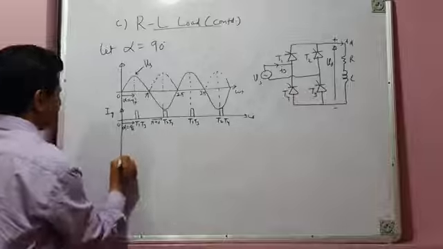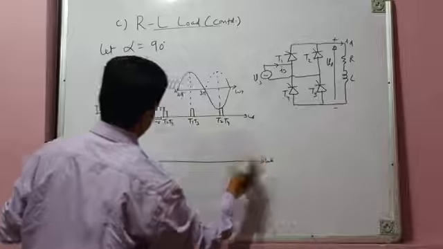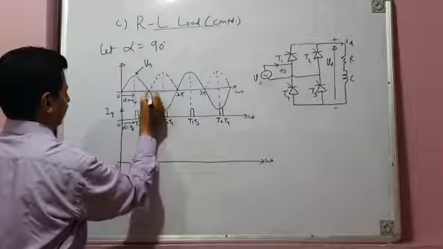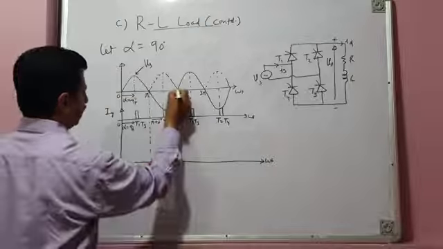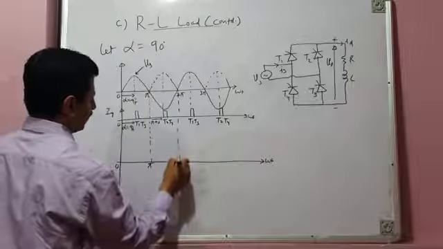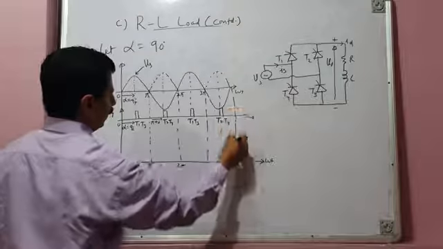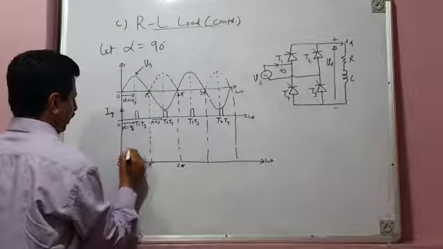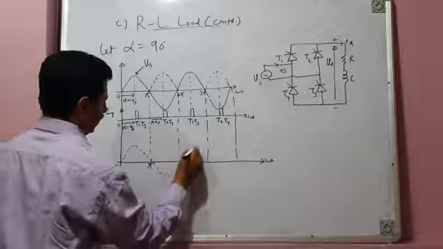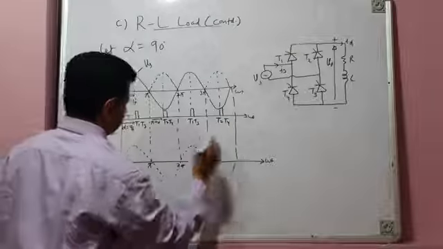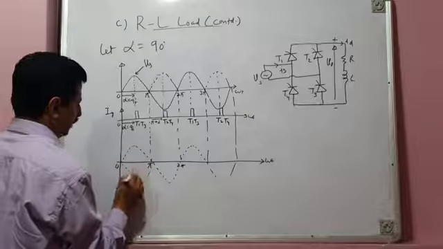Okay, now let us try to draw the load voltage and load current waveform. So these are our zero crossing projections. This is pi, this is 2 pi, 3 pi, 4 pi. Our load voltage waveform. Let us first of all draw the entire cycles of the source voltage and reverse negative voltages also.